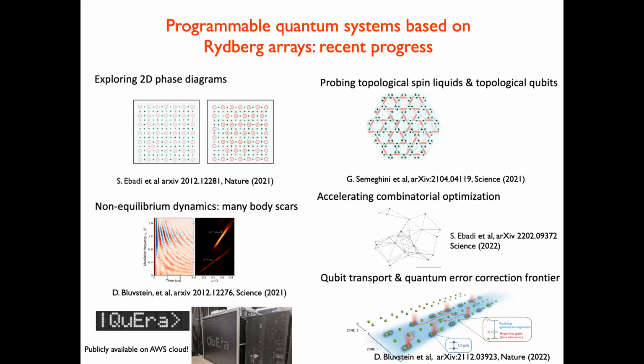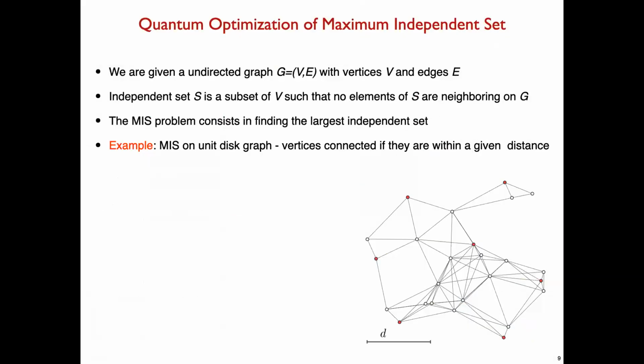And since last November, it became publicly available on the cloud. So actually, there are a couple of papers already published using this. Let me just give you a couple of examples, and I'll start with this idea of using this quantum dynamics to accelerate combinatorial optimization. This idea actually is due to our session chair, who recognized very early on that